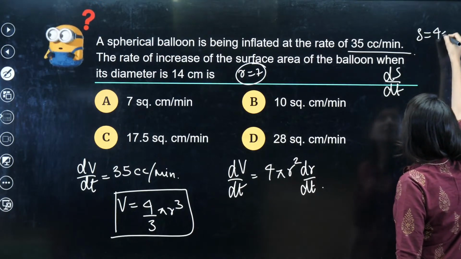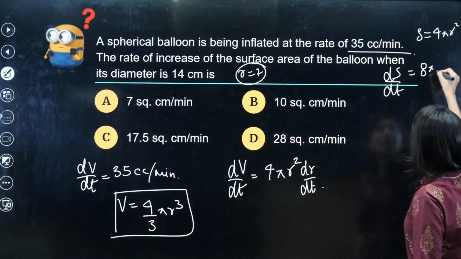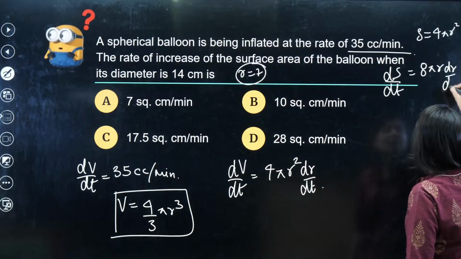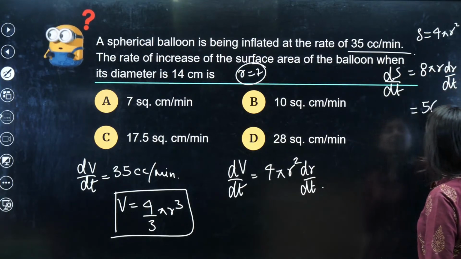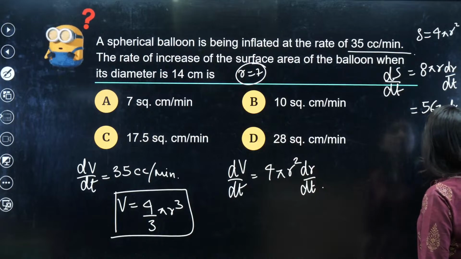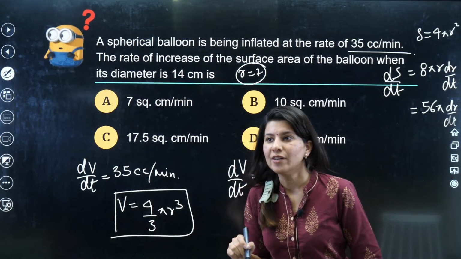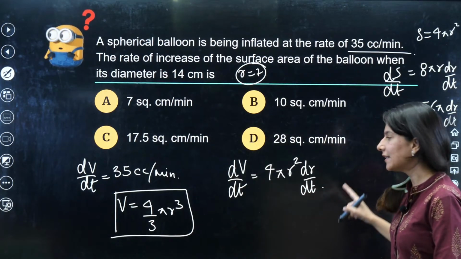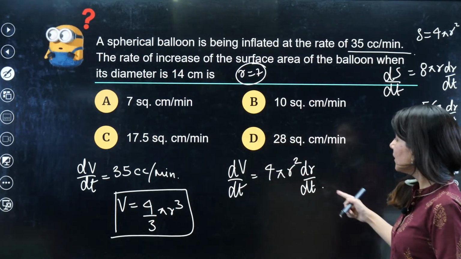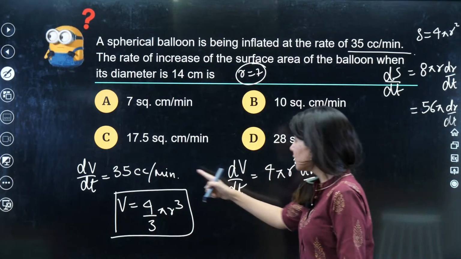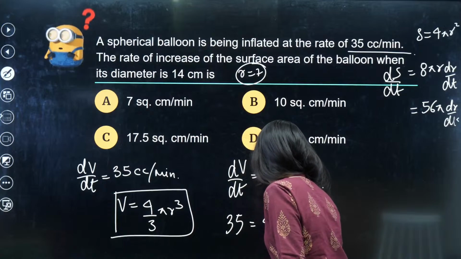Surface area of a sphere is 4 pi r square. If you differentiate it, it will become 8 pi r dr by dt. So I know r is equal to 7, so it will be 7 8s are 56 pi, but this dr by dt is what I am looking for. So for dr by dt, we need to just put the value over here. So this is 35 equal to 4 pi r square,